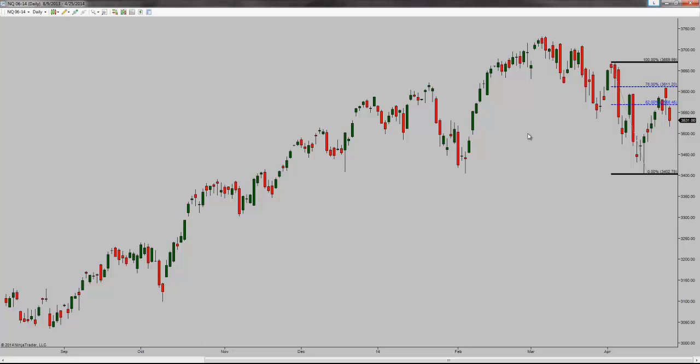In front of us is a daily chart of the NASDAQ 100, the NQ, and I have a retracement grid here. This is just a garden variety fib grid, 78%, which is a line in the sand. It really is important on a number of levels. And then 62%. So taking a look at this most recent swing, which is the month of April, pretty much